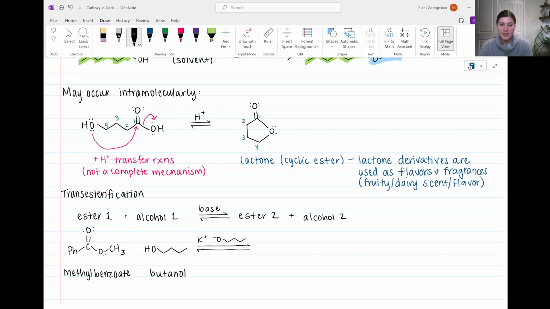And then the product, ester 2 in this case, would be butyl benzoate. So the methyl part of our starting material leaves as the new alcohol, and the butanol alcohol starting material is then added to the carbonyl. So we would have our carbonyl stays the same, and then now here we would have the butyl chain. So 4 carbons. So this is butyl benzoate. And then methanol